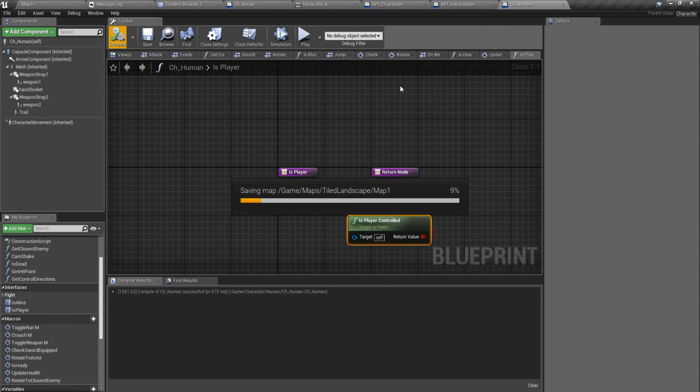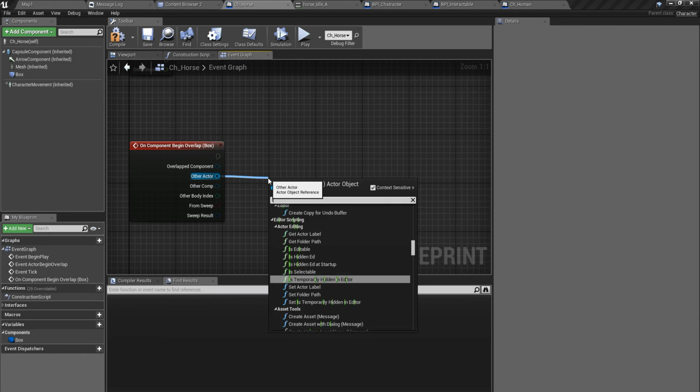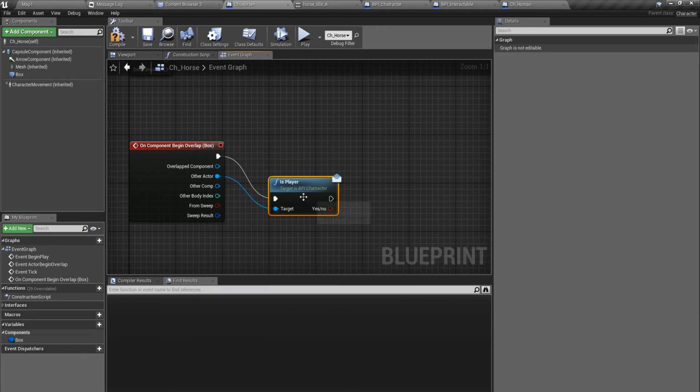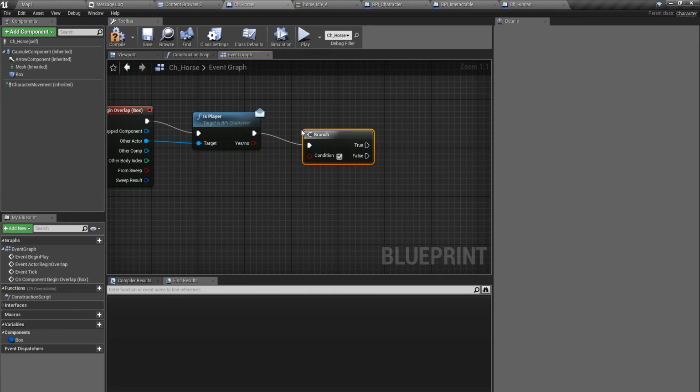Right, now I can access this here. The actor is player, and if this is true,